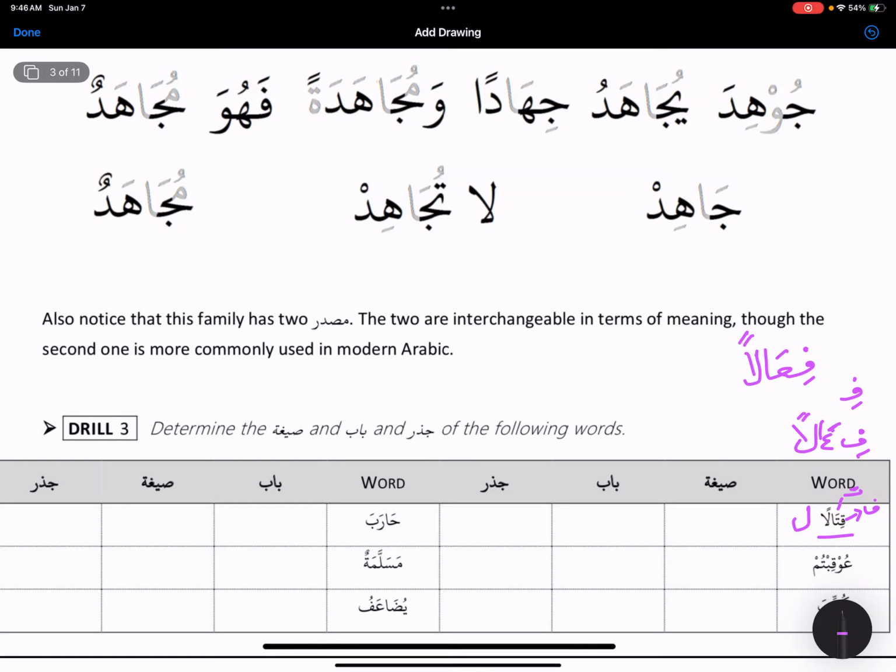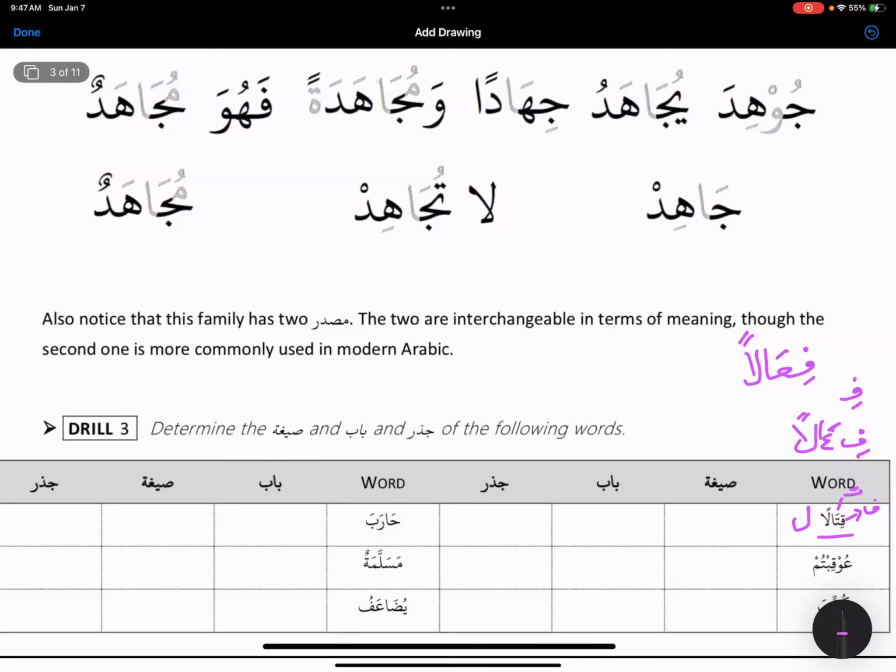Fi'alan. So whenever you are confused on anything, figure out the 3 root letters, and then give all the harakas properly, whatever dhamma, fatha, kasra. If there is any extra, add the extra in the right place, and then say it. Do a little practice every day, and inshallah, then you don't even have to write it down. You would be able to find it out quickly. So kitalan is basically fi'alan pattern.